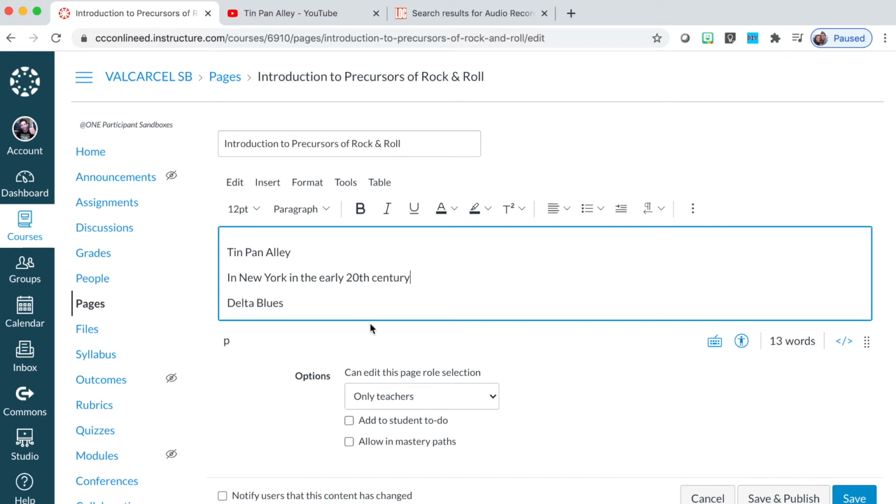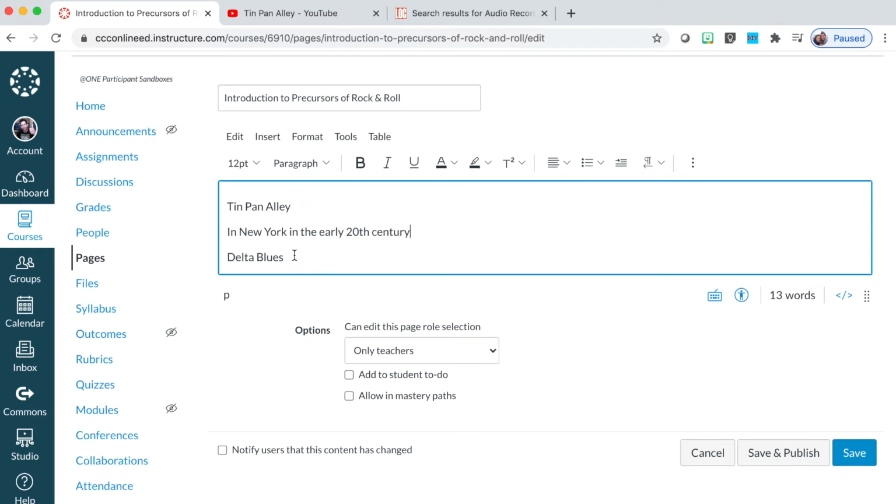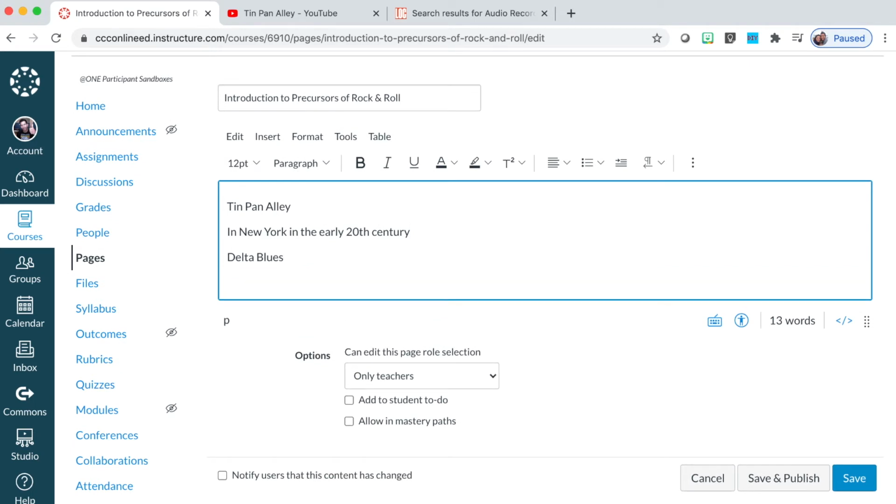Okay, so at least I have some text to get started. And I'll do the same thing for my next heading. And again, I'm just providing some text to serve as placeholders so that I can go back and complete my paragraphs.